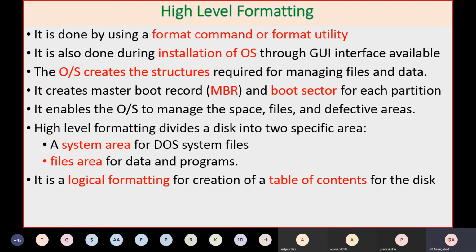As I said, whenever you format a hard disk, it always creates two areas. One is called the system area, another is called the file area.